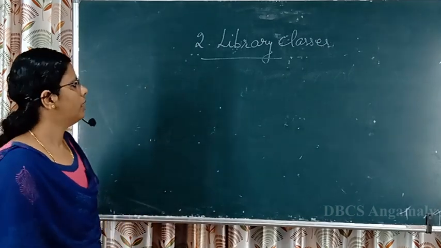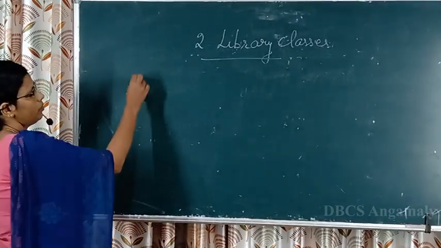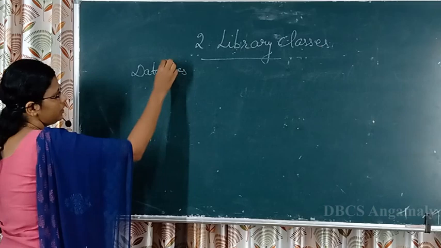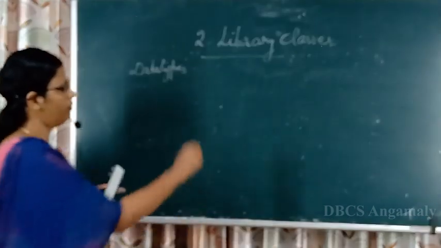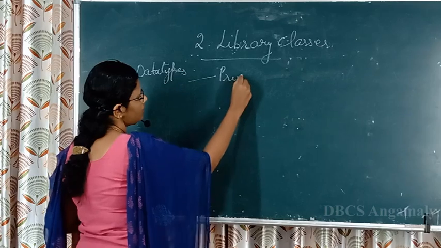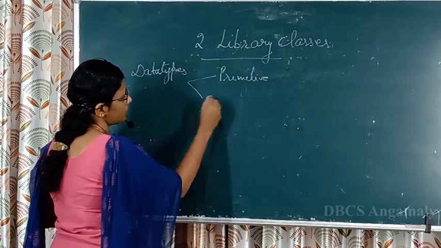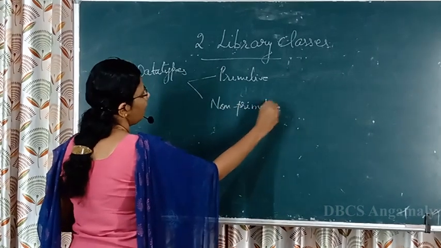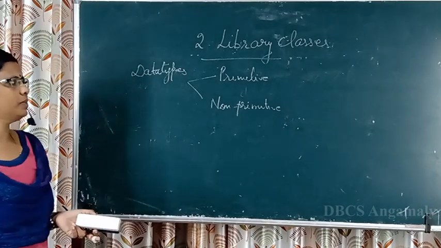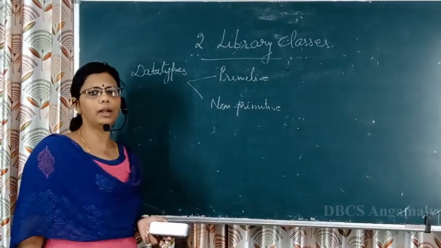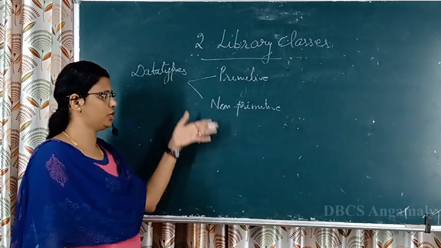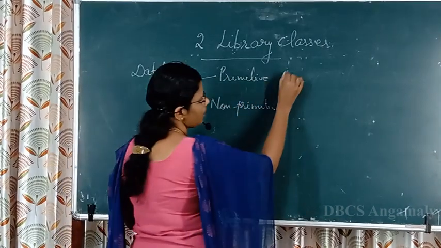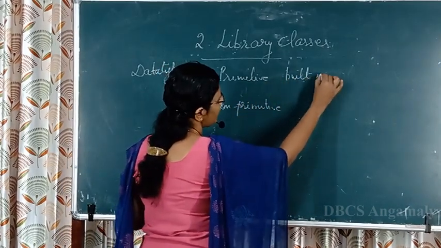Okay? So now, we are going into a second topic, the different types of data types. We already learned there are 2 types of data types. One we call primitive data types. The second one is non-primitive data types. Now, these primitive data types, we call them built-in data types. This is just a refresher because we have already learned this in detail. Primitive data types, they are built-in data types.